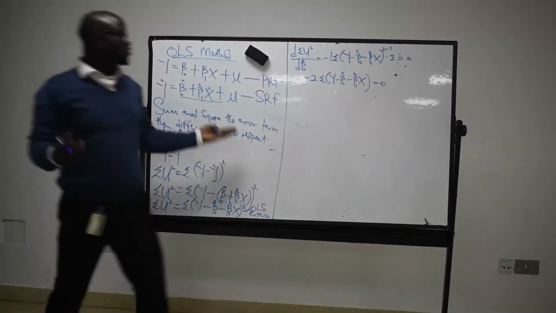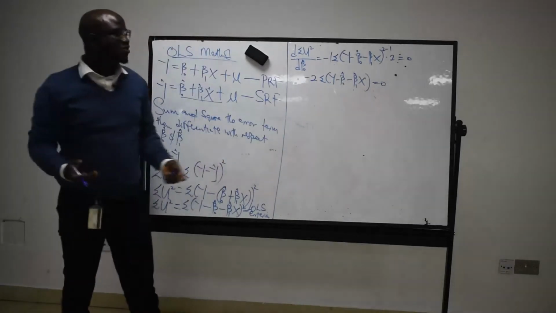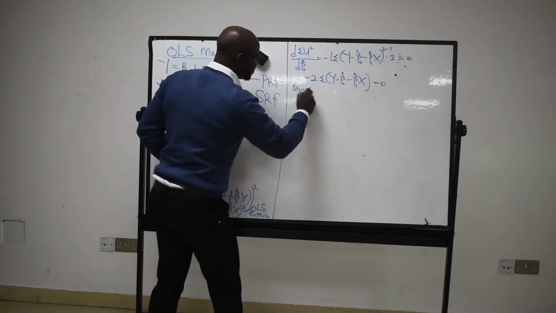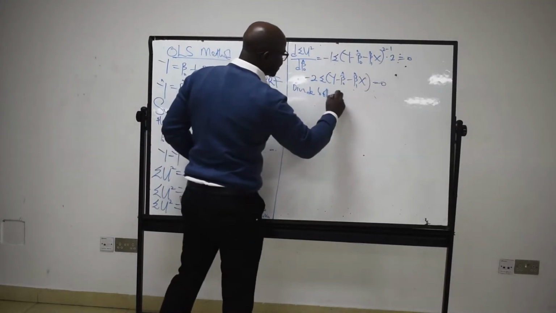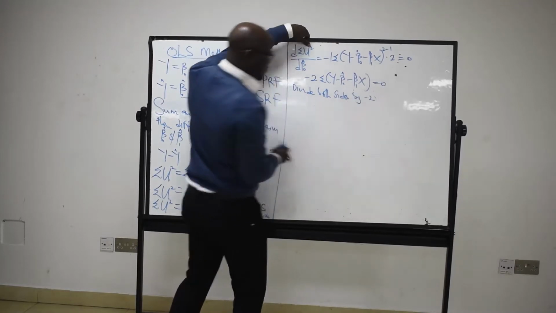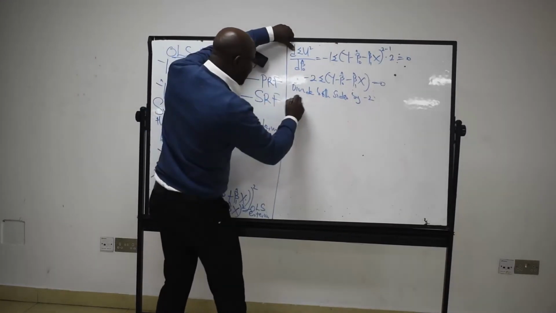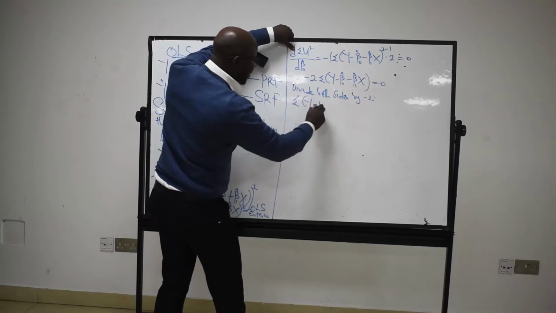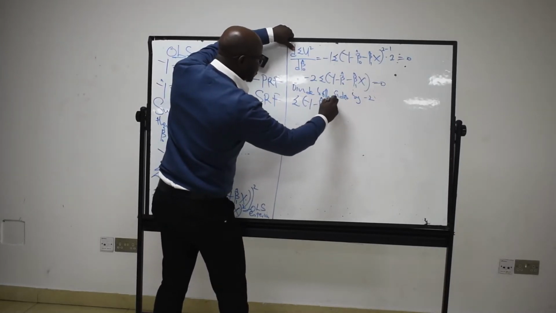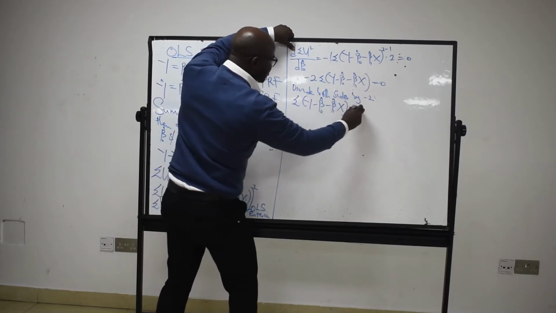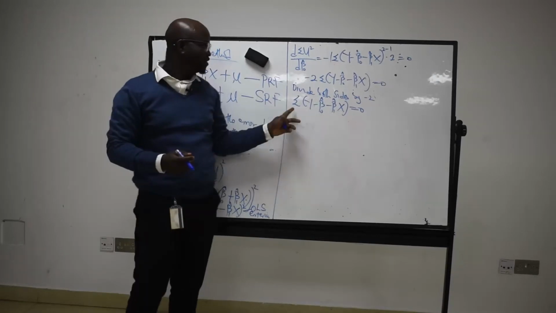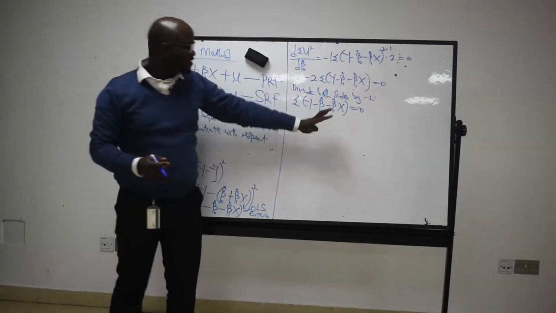Now, our intention, we don't need this minus 2 there, right? So we can divide both sides by minus 2. At the end of the day, we have summation of y minus beta naught cap minus beta 1 cap x is equal to 0, right? So let's expand what we have inside the bracket with this summation. In expanding the summation with this,